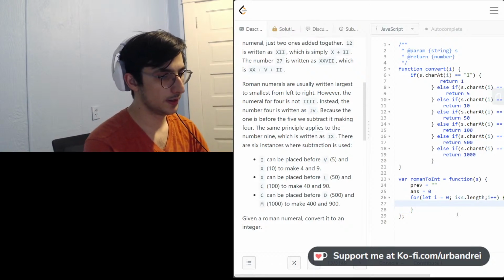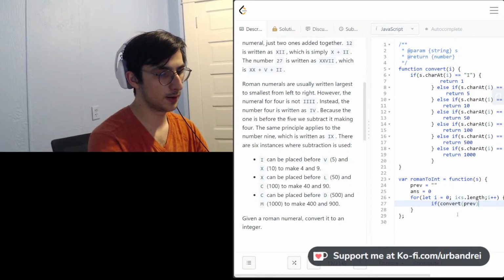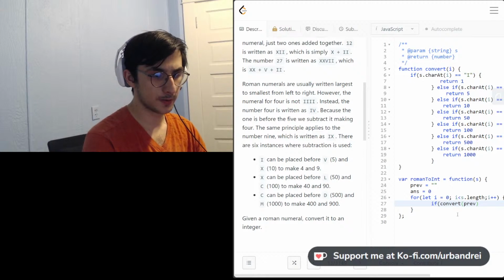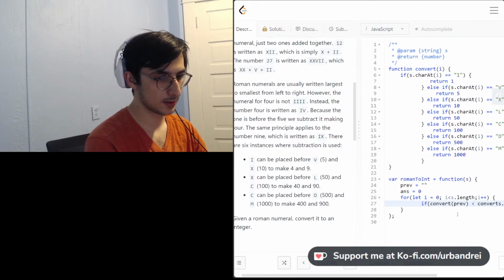And what we're going to do is, if previous, if convert, now that we have this function, I can mess around with it a bit better. If convert previous is less than convert s dot